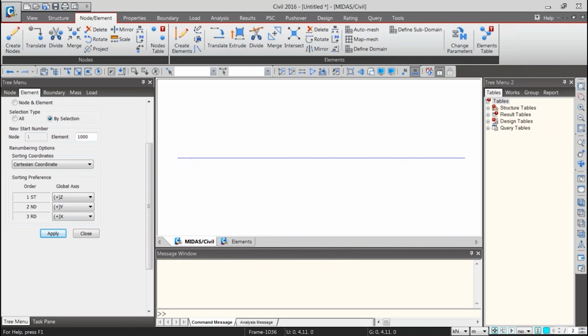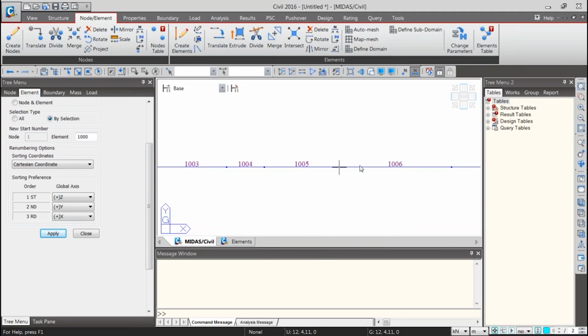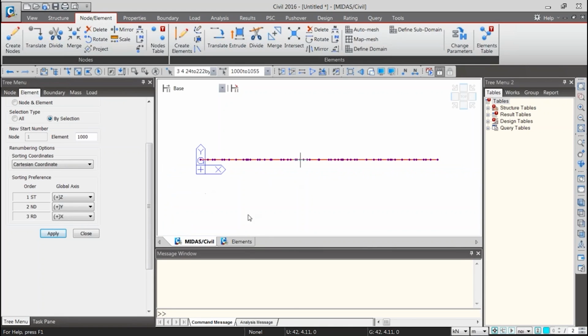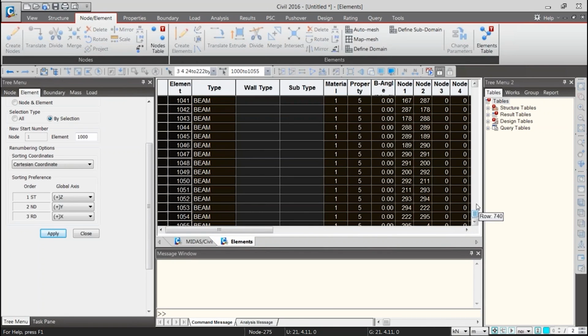So if we just switch on the element number, you will find that it has been renumbered in such a way. Once you have renumbered, you can select all those elements. The moment you select, you go to elements, you will find that the elements that you have selected are already selected here.